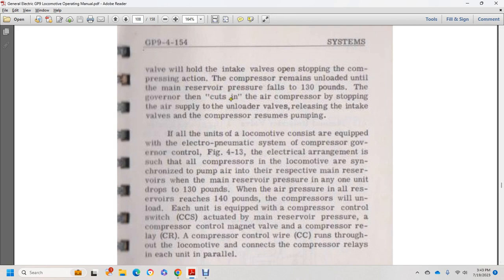If all the units of the locomotive consist are equipped with electromagnetic governor control, figure 413 shows the electrical arrangement, and all the compressors of the locomotive are synchronized to pump air into their respective main reservoirs. When the main reservoir pressure drops to 130 pounds, the compressors load, and when the air pressure for the reservoir reaches 140 pounds,